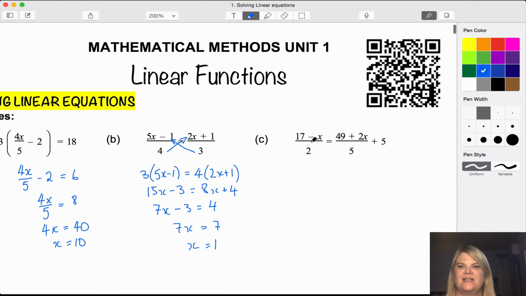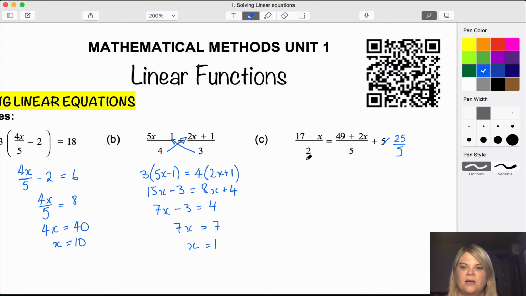Part C looks a lot like this problem, but we've got the extra plus 5 on the end. So we can't just multiply this over here straight away and multiply this over here straight away. There's a few different ways you could do this. My suggestion is to change this plus 5 into 25 on 5, which is 5. And then these have both got the same denominator, so we can just add the 25 into the top of